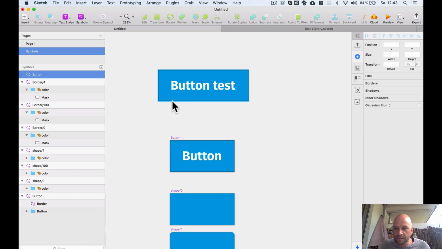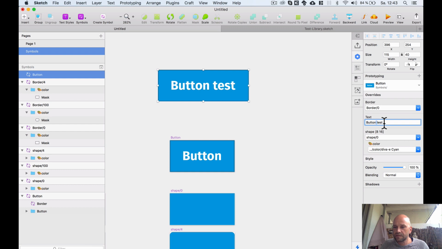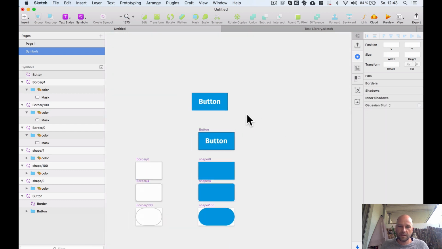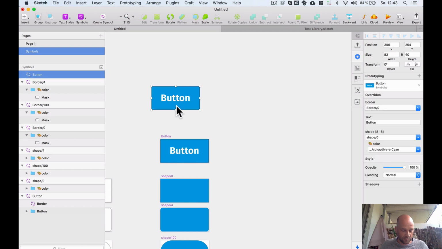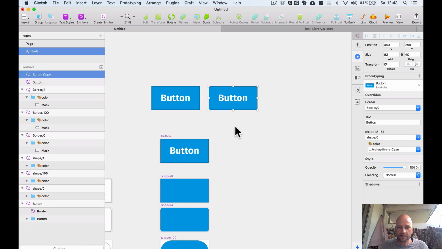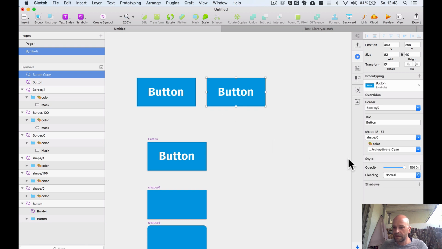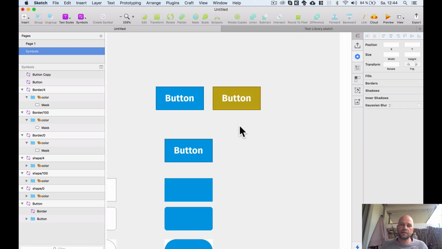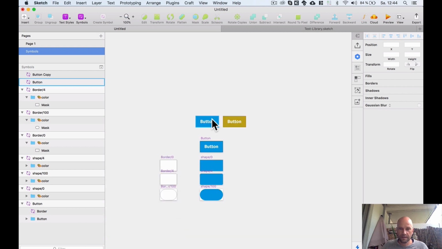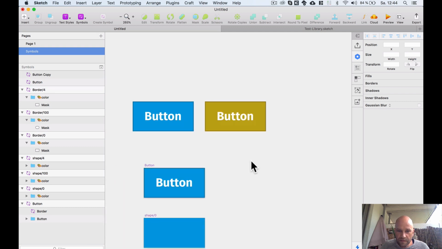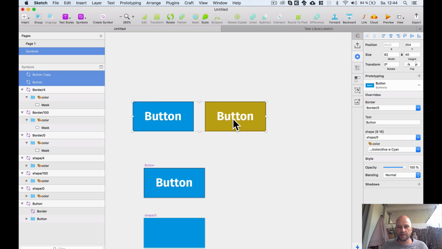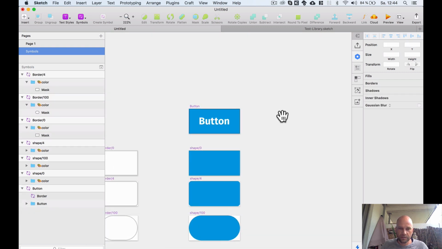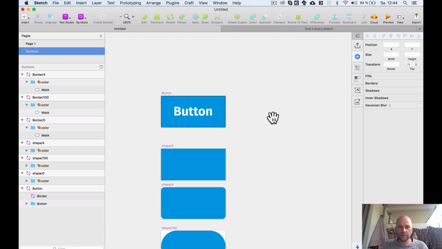It expands, and I also can do it here, and it works too. Let's duplicate this, make another instance here on the symbols page, and change the color to gold, and you can see, yes, it works. And I have these two buttons here. Okay, this is fine, this works, and what I will do now is